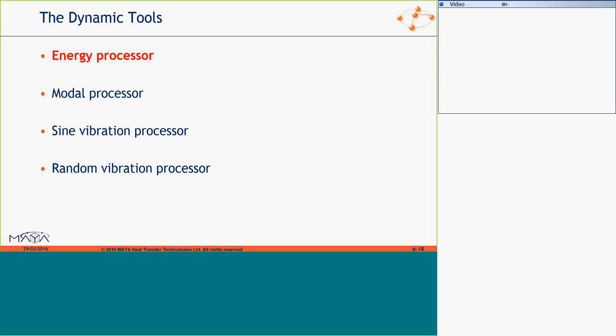As I mentioned at the beginning of my presentation, we call these the dynamic tools. The sine and random events that we support are base-driven. This is the typical application of base-driven vibration, which is prevalent in several industries: automotive, space, defense. What's important when you're using that type of excitation is that we're of course using modal solutions.